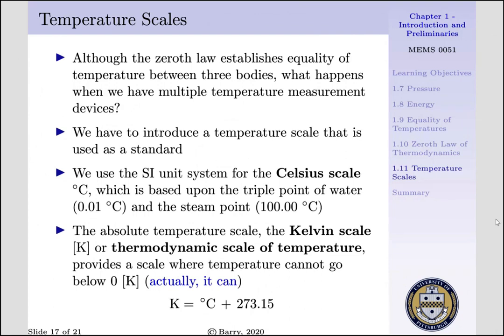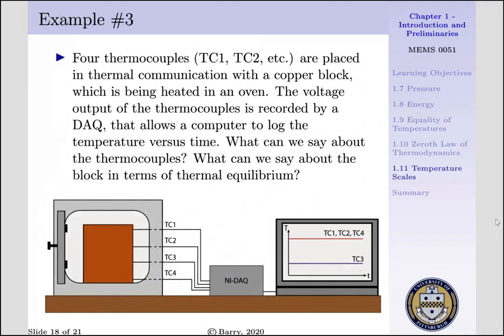To rectify this, we introduce an absolute temperature scale, the Kelvin scale, represented with unit K. The Kelvin scale is often referred to as our thermodynamic scale of temperature, and it provides a scale where our temperature cannot go below 0 Kelvin. To determine our temperature in our Kelvin scale, we simply take our temperature in degrees centigrade and add 273.15 to it. Now, based upon this information, let's consider a situation where we have four thermocouples, TC1, TC2, TC3, and TC4,